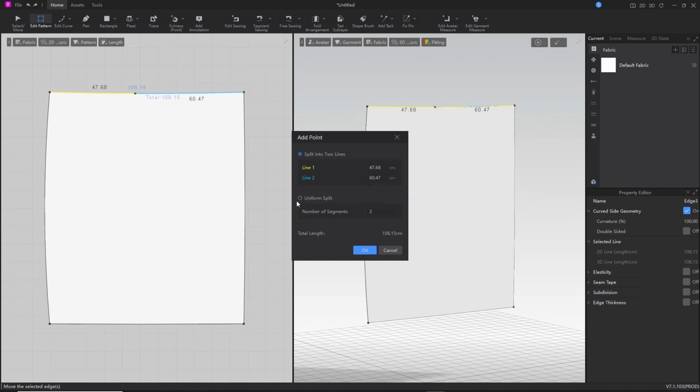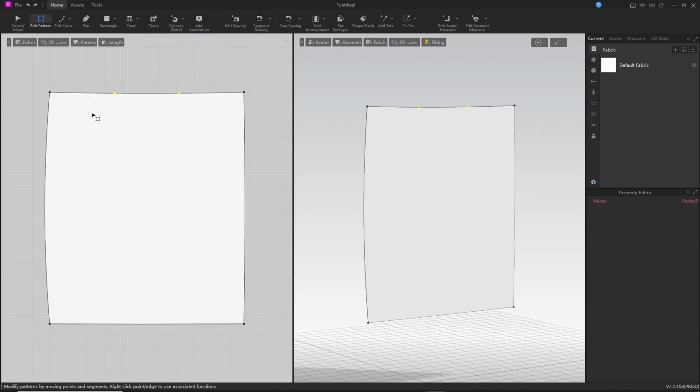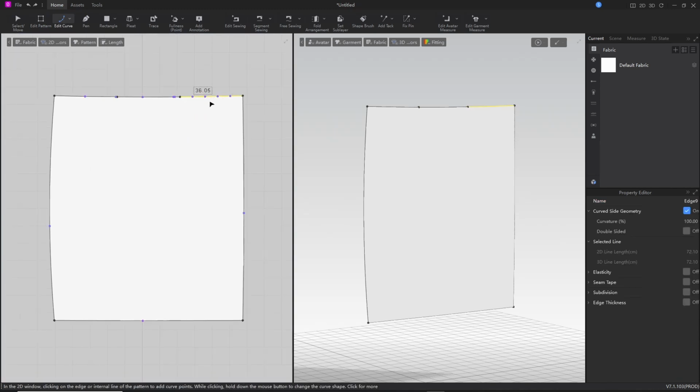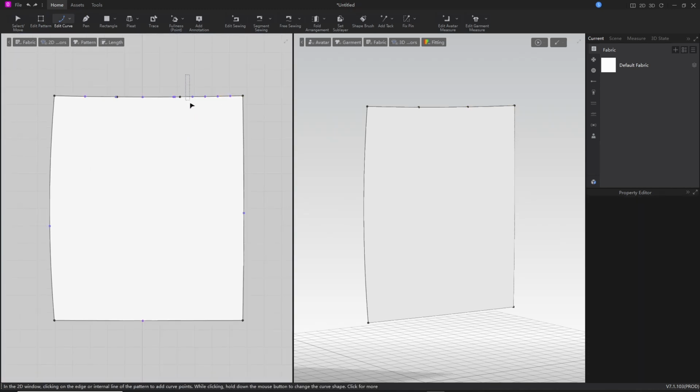So this is essentially like subdividing an edge in Blender. So if we add 3, okay, that's dropped in. We've got 3 subdivisions, so that's 2 points which create these subdivisions. With those in place, what we can now do is go back into edit curve, and we've now got a line. Let's just remove those. So click, drag, delete,